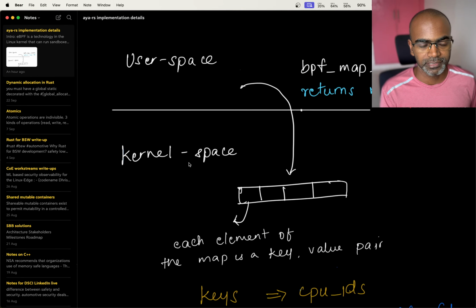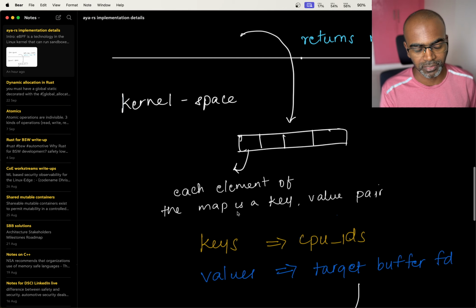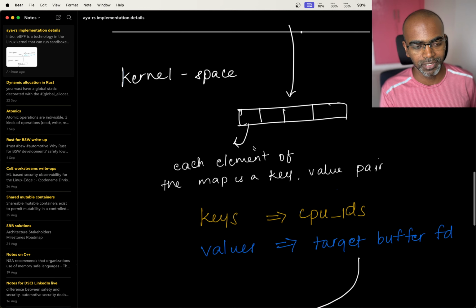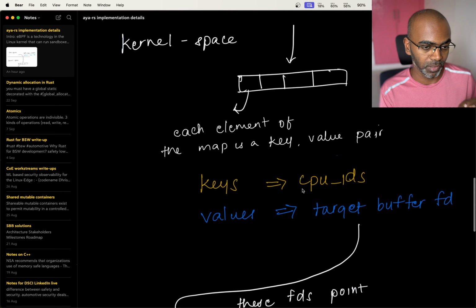So the first thing is, from user space, you actually do what's called a load. You try to load the eBPF program. Before you load it, all the maps that we've declared in the eBPF program, we attempt to initialize and then create the map. So we create the map in the user space kernel. Now each element of the map is a key value pair. So the keys are nothing but CPU IDs, the numeric IDs of any